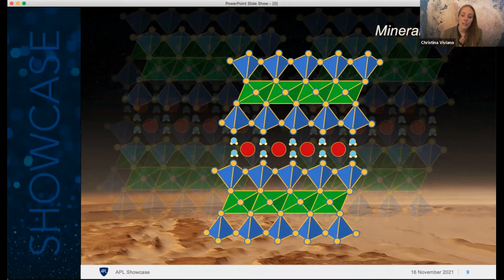And if we look closely at what is actually happening at the molecular level, we would see that when the light hits the surface, it's actually interacting with molecules that make up the minerals that are in these rocks. And these minerals are naturally occurring compounds that are made up of microscopic structures of atoms like oxygen, silicon, iron, hydrogen, and they're all bonded together. And so when the sunlight reflects off the surface, it's actually interacting with these atoms and the bonds between them. And the energy from the light